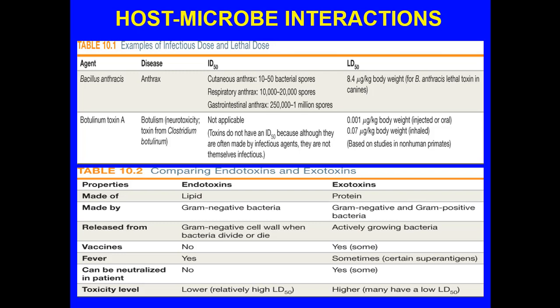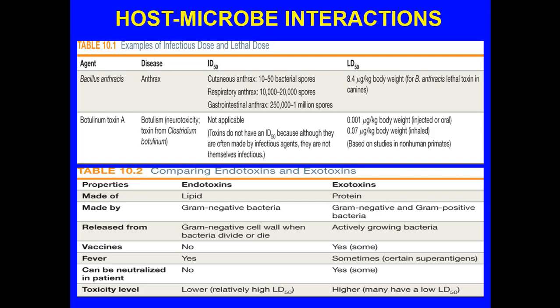Now, we're going to get into the toxins. I want you to be clear about what toxins are. In this case, we can have endotoxins, which are mostly lipid-based. We can have exotoxins, which are released from the outside and sort of exocytotically released from the cells, and they're going to be present in gram-negative and gram-positive bacteria, whereas endotoxins are only gram-negative. The exotoxins are proteins. Usually exotoxins are coming from actively growing bacteria. Endotoxins basically leak out from the cell wall of gram-negative bacteria when the bacteria divide or die.